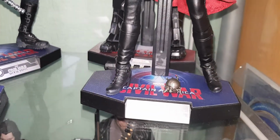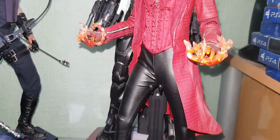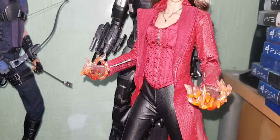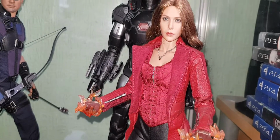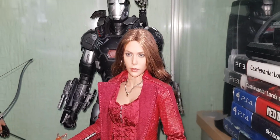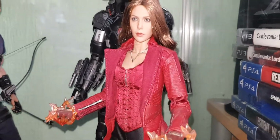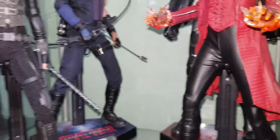The Civil War version of Scarlet Witch. And it is definitely the best one out there at the moment. But hold off guys, because I've got a feeling the Endgame version will be released with the bright red hair. If it is, I'll also get that one because I just love the look of it. And finally,